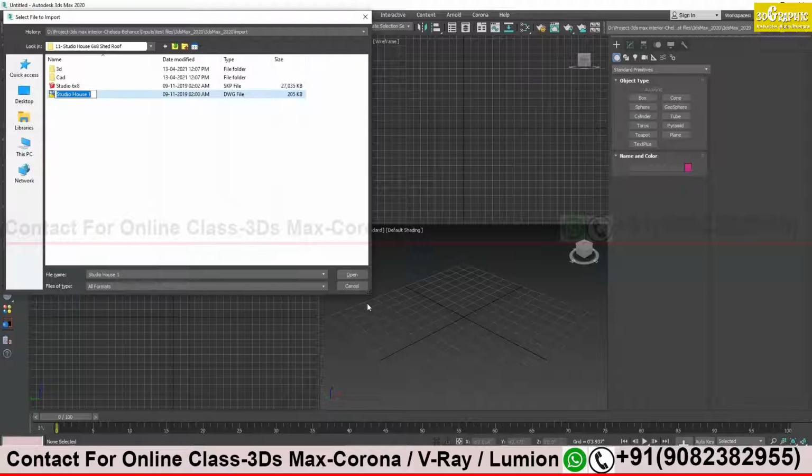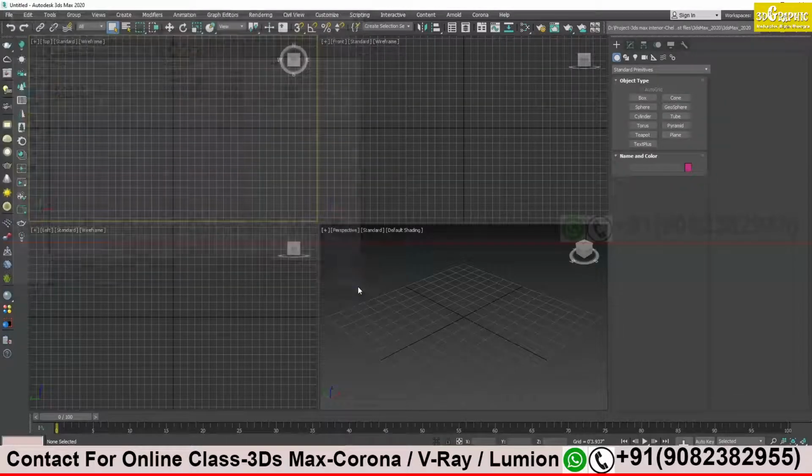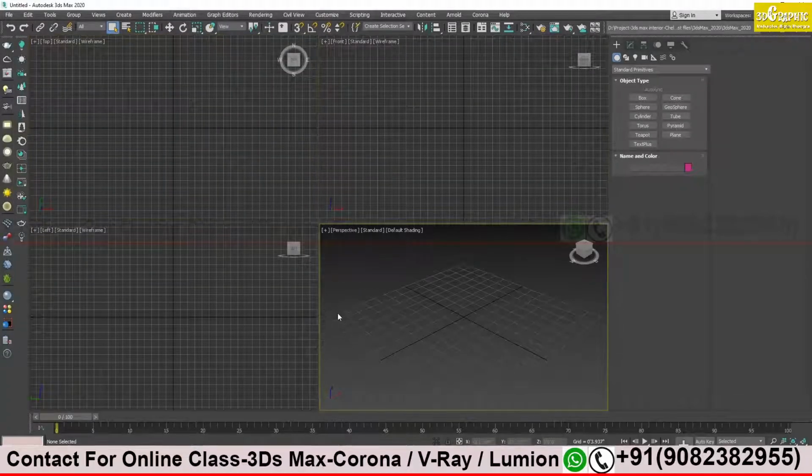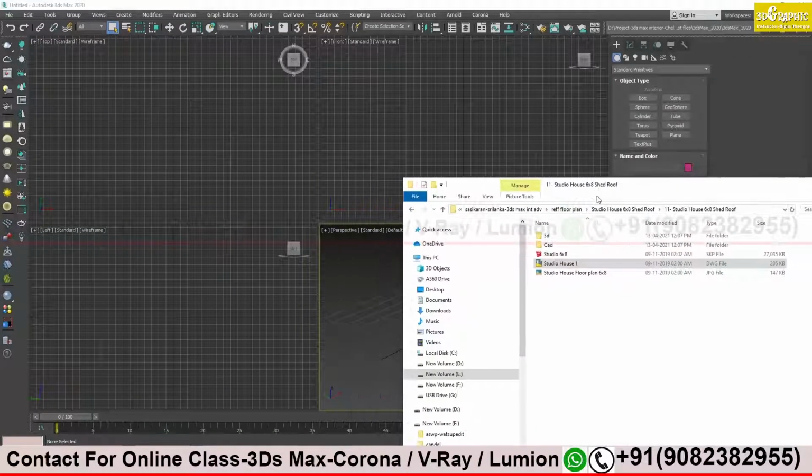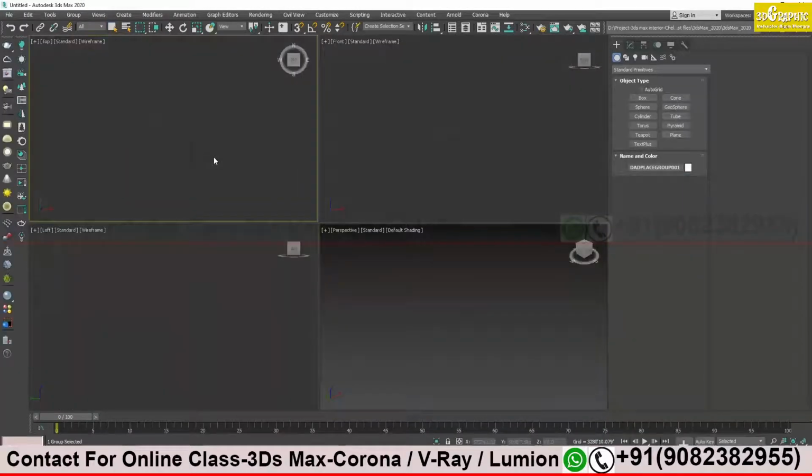Right now I will show you a different way of importing the file. Open the folder over here, select your AutoCAD file and just drag and drop it onto your Max window. You will get an option of import. Click on import file and press Z. Right now you may not be able to find it.